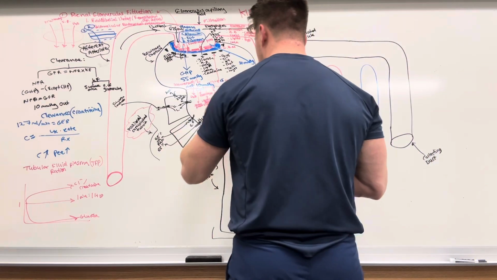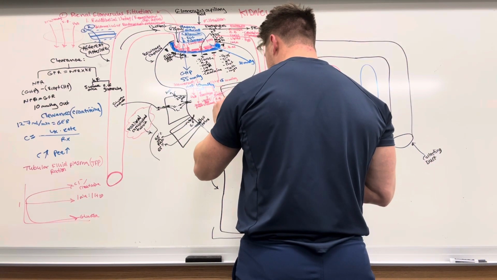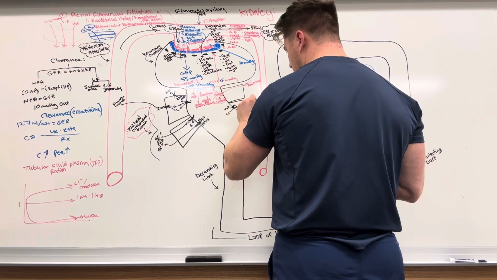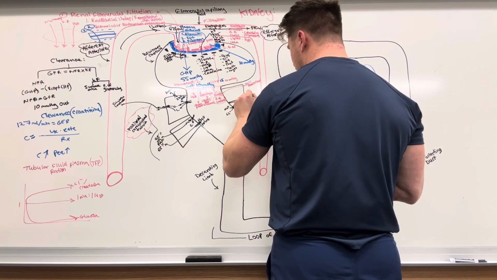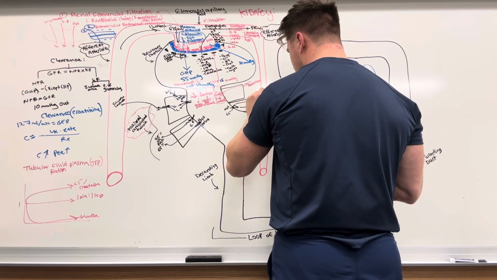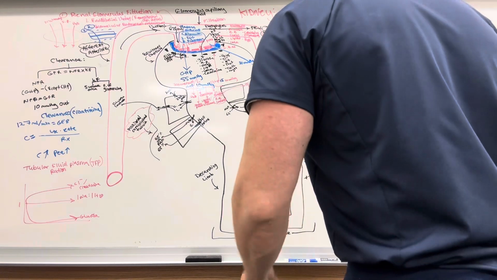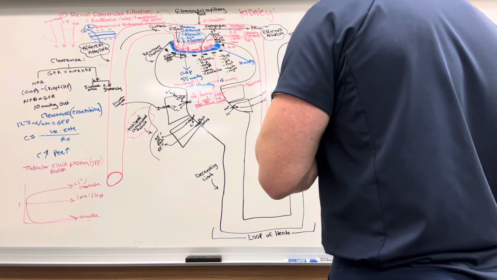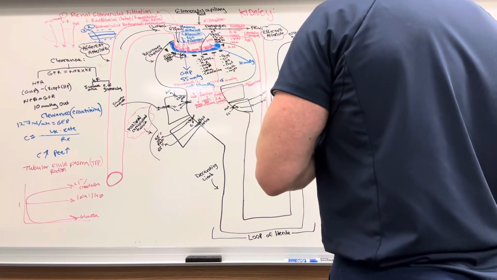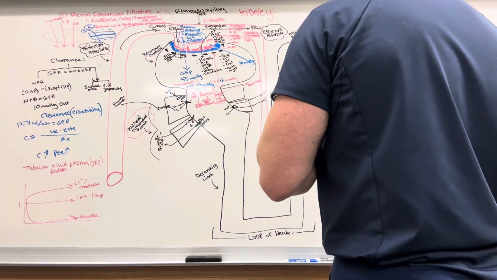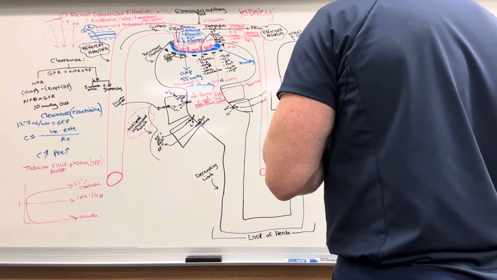We also get sodium chloride to be reabsorbed through a channel here. So we would have our sodium and we'd have our chloride, and they get reabsorbed and they come through here, right? And then they're able to come into the blood. Okay, so we can get those into the blood. We had something going on with carbonic acid as well that we're also bringing into the blood, but the main ones are just getting those glucose and things into the